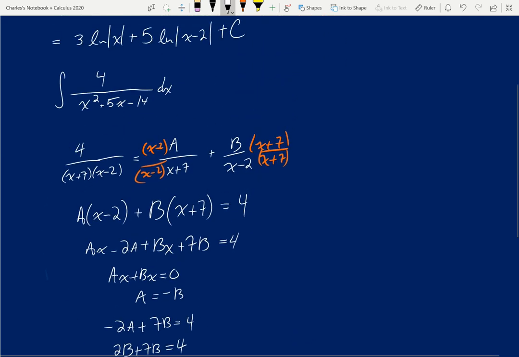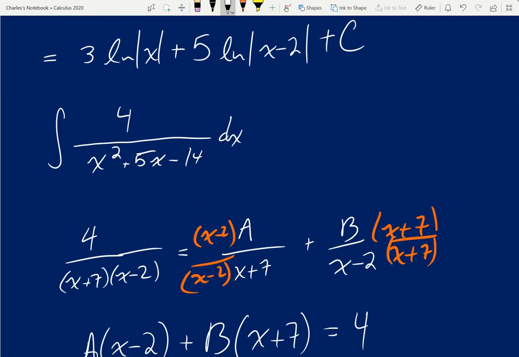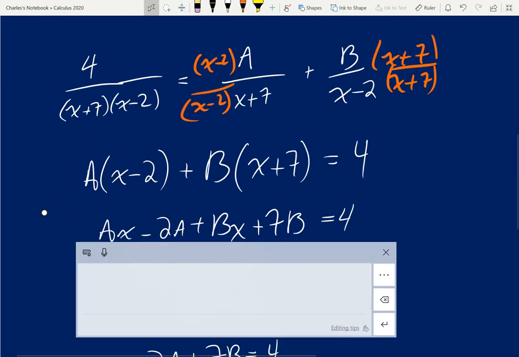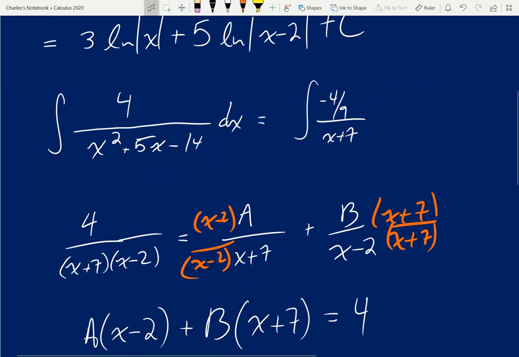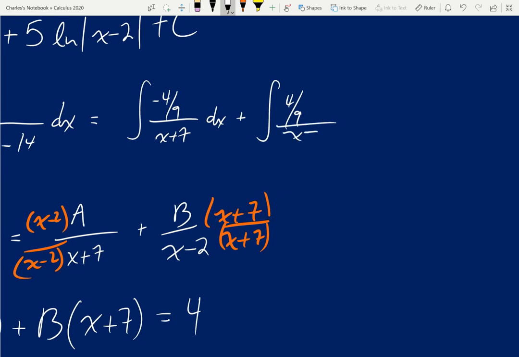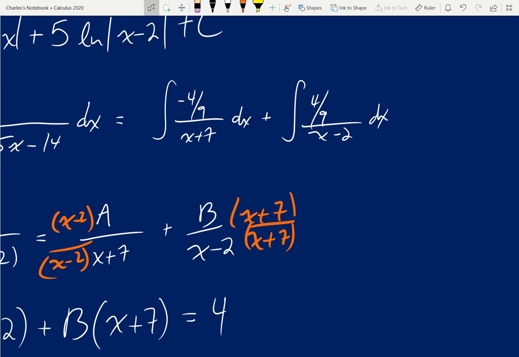which means if I want to rewrite this expression here, I can write this as the integral of negative 4/9 over x plus 7, okay, just making sure I got the right ones, plus the integral of 4/9 over x minus 2 dx,